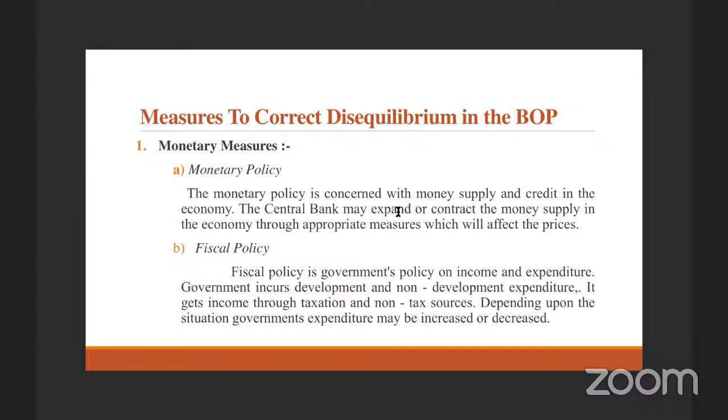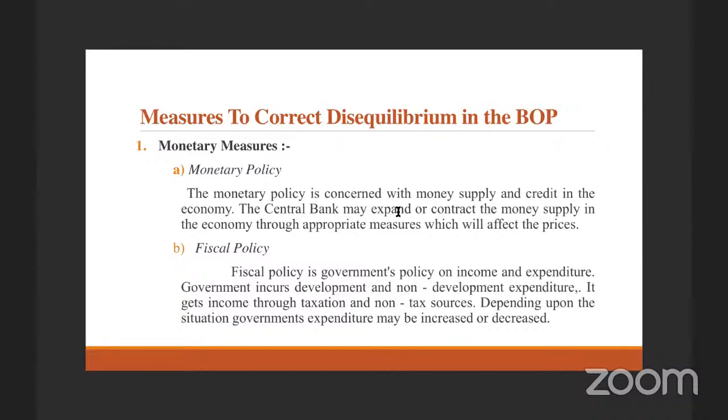When that rate is hiked, what happens? The commercial banks are compelled to raise their interest rates. Why? Because they borrow from RBI, and if they are borrowing at a higher rate, at a higher rate they have to lend. When a higher rate of interest is introduced in the market, what happens? Very few people borrow money from the commercial banks. When few people are coming forward to take money, that's how the money circulation is controlled. The credit control is organized by the RBI in the economy. That's the credit control mechanism.